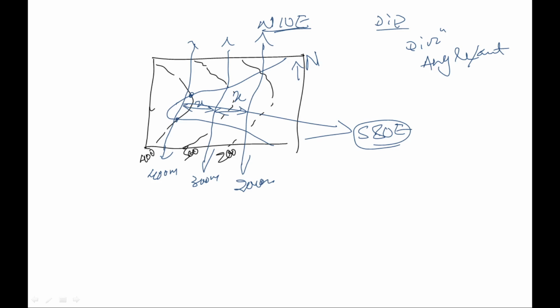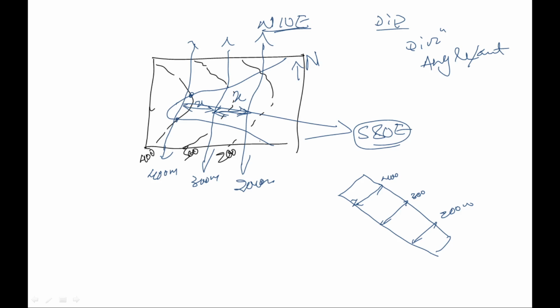For the amount, what you have to do is find out the perpendicular distance between strikes. So here is the bed which is defined, and you have found the 400-meter strike line here, the 300-meter strike line here, and the 200-meter strike line here. They are parallel, and the perpendicular distance x is equal.